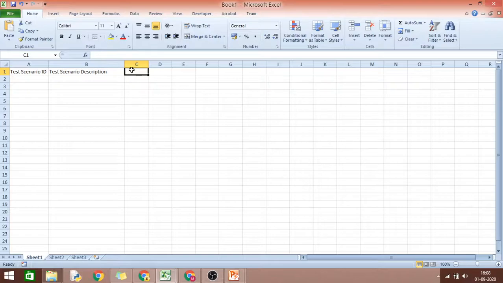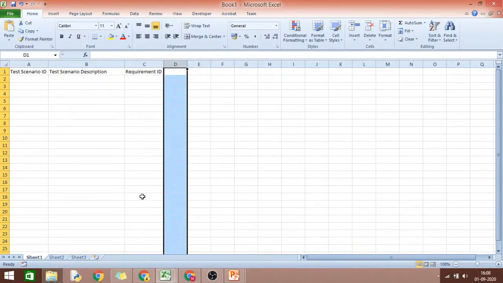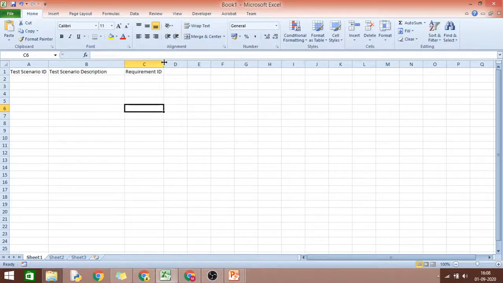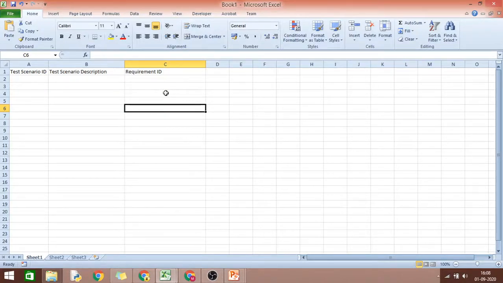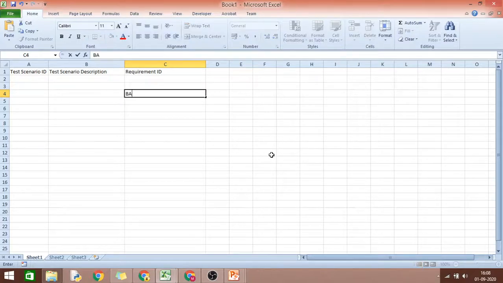The third column you can have is your requirement ID. Let me tell you why we have this. We already discussed what a requirement is and what is done in the requirement analysis phase. Every requirement document is going to have a set of requirements, and every requirement is going to have a unique ID. Let me tell you, for example, take a bank. You are going to deal with a bank application, and the bank name is ABC, for example.